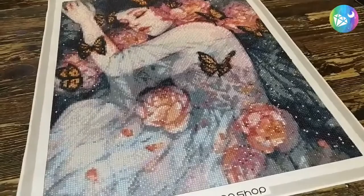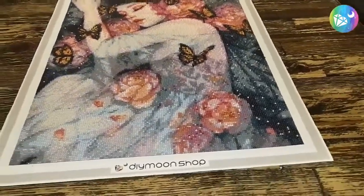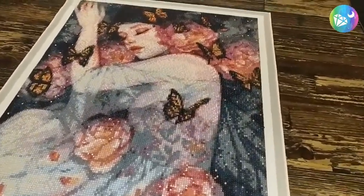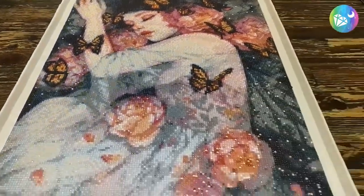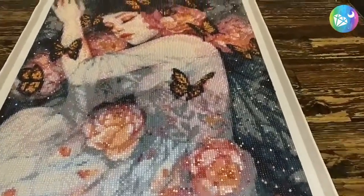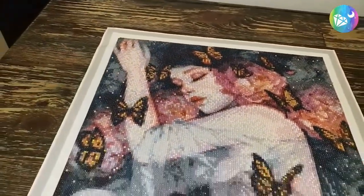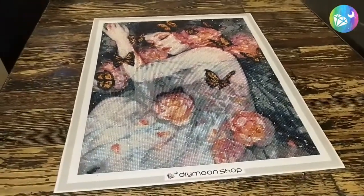Sleeps with Butterflies by Margaret Morales with version 1, 2, and 3 laid on the finished canvas. So we've got the electric diamonds, the morganite crystals, and the gold crystals on here for a subtle shimmer on the painting. And now with dimmer lights,